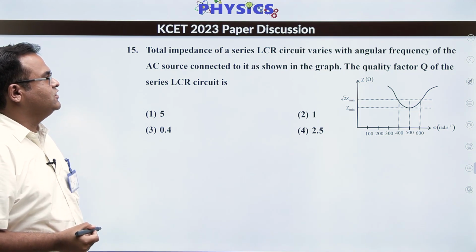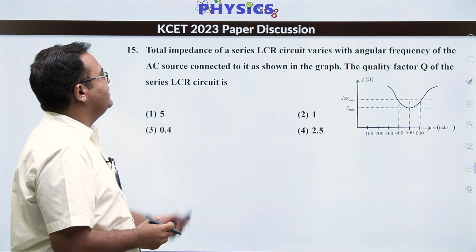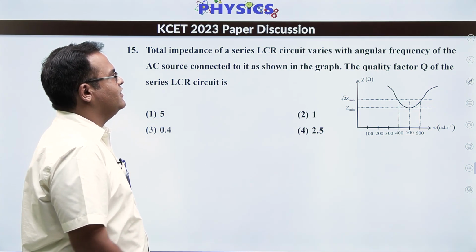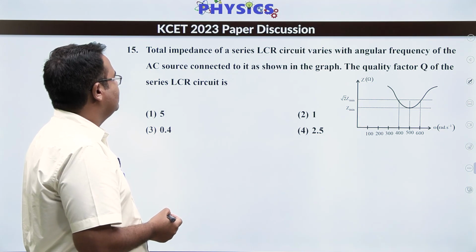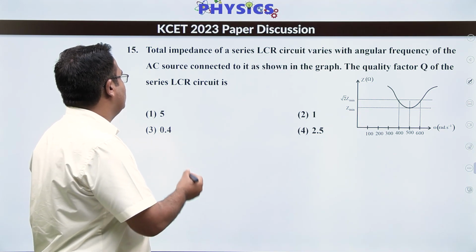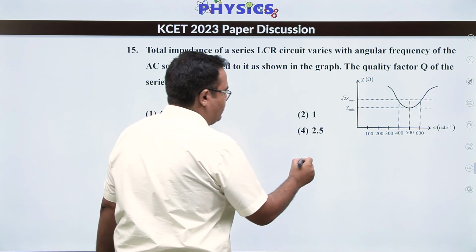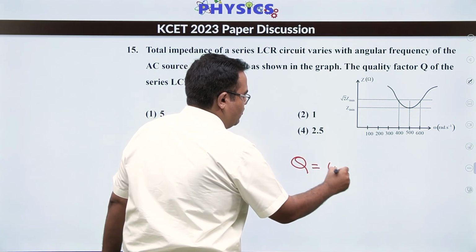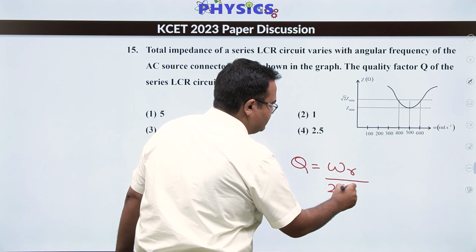Now let's look at question number 15. In question number 15, they are saying that total impedance of a series LCR circuit varies with omega of the AC source as shown in figure. They are asking what is the quality factor Q of the series LCR circuit. Now we all know that quality factor is omega R, which is the resonant omega, upon 2 times delta omega,